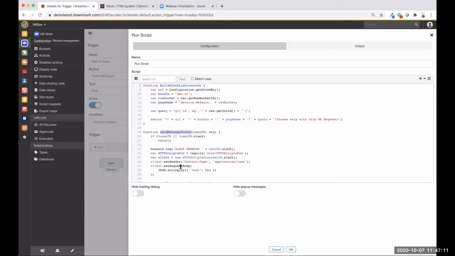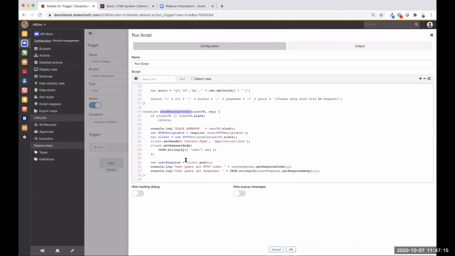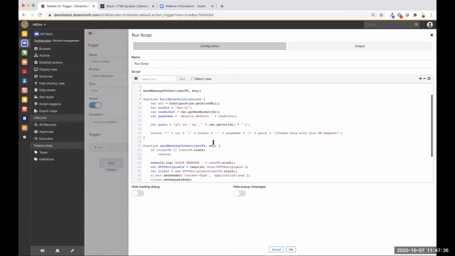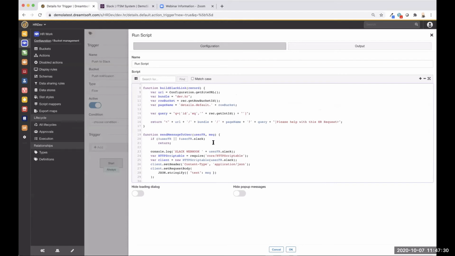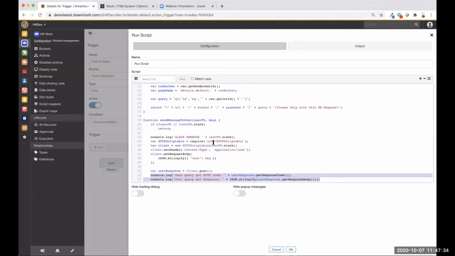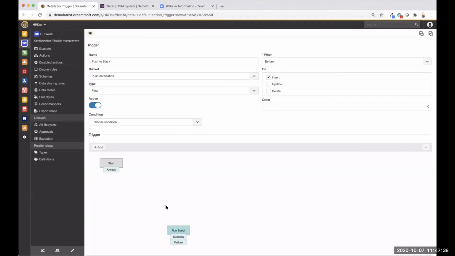And this is where we're doing the HTTP scriptable, and we're doing a post. So we do have logging in here, so if you need to debug, et cetera, we can log out to that console log. But what it's doing is it's basically looking for that field that I just created called Slack, based on that schema tag that I added, and it's going to go through and post to that URL, that webhook that I put in there. So I hit OK, I connect the dots,